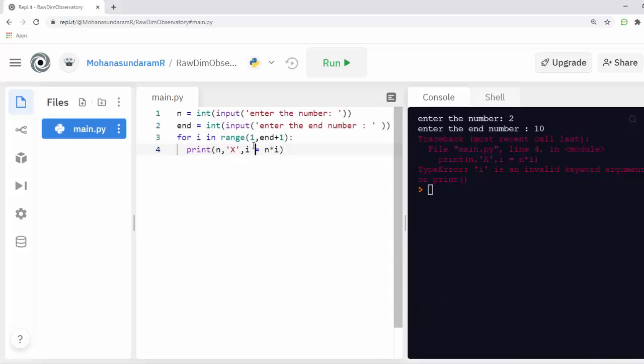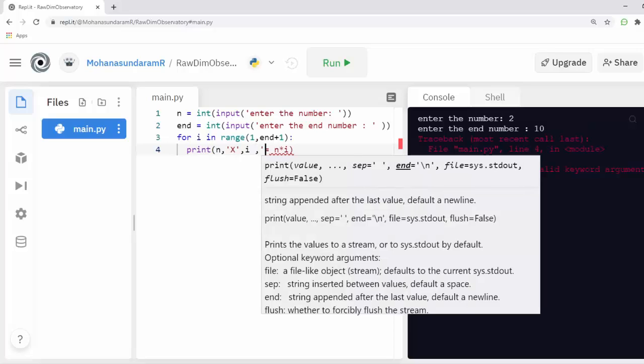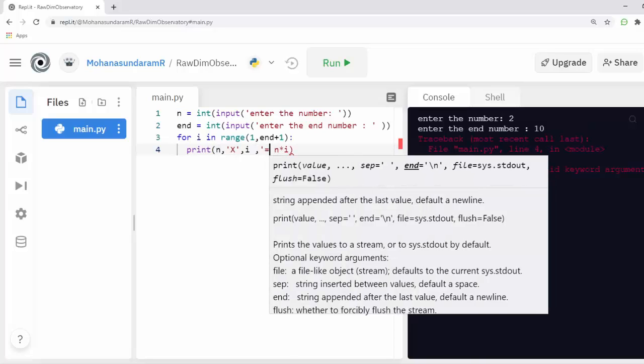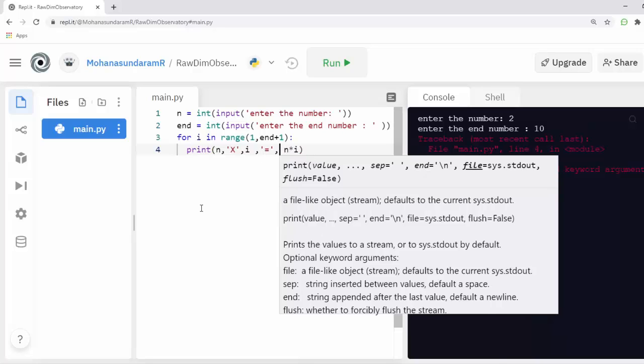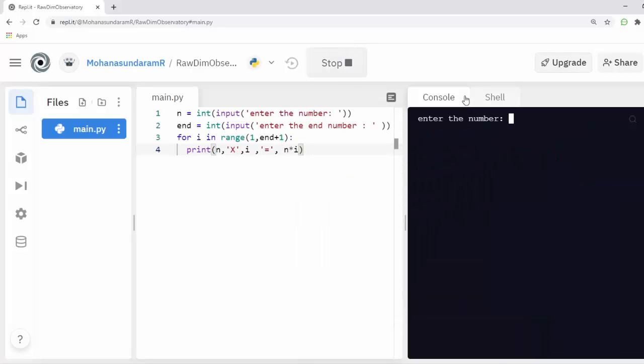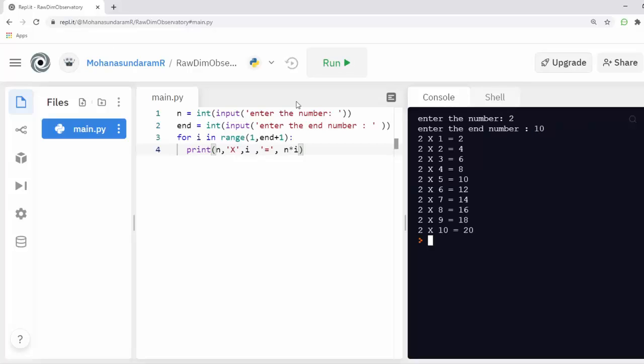I'm making an error because I missed some comma and quotations here. I forgot it, sorry, my bad. Okay, if I run now, I'm getting the table of 2 till 10. Yes, we got the answer for our multiplication table.